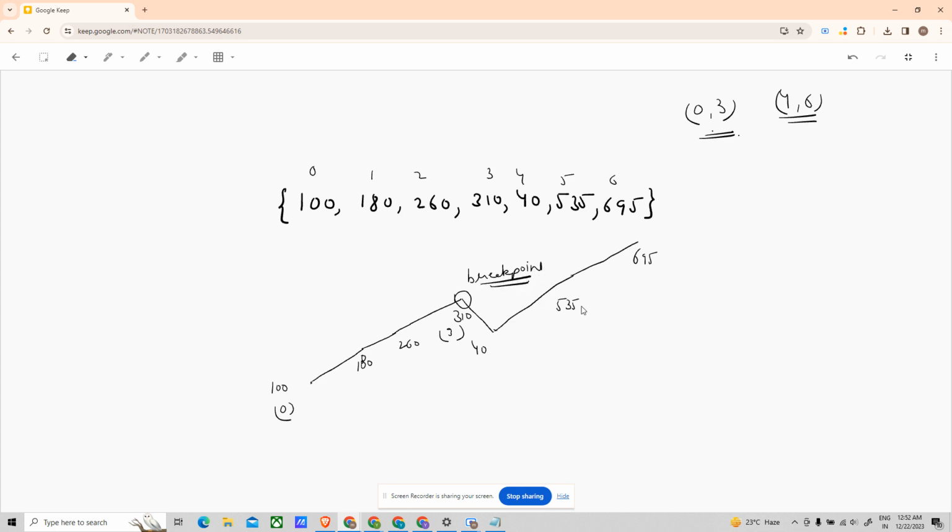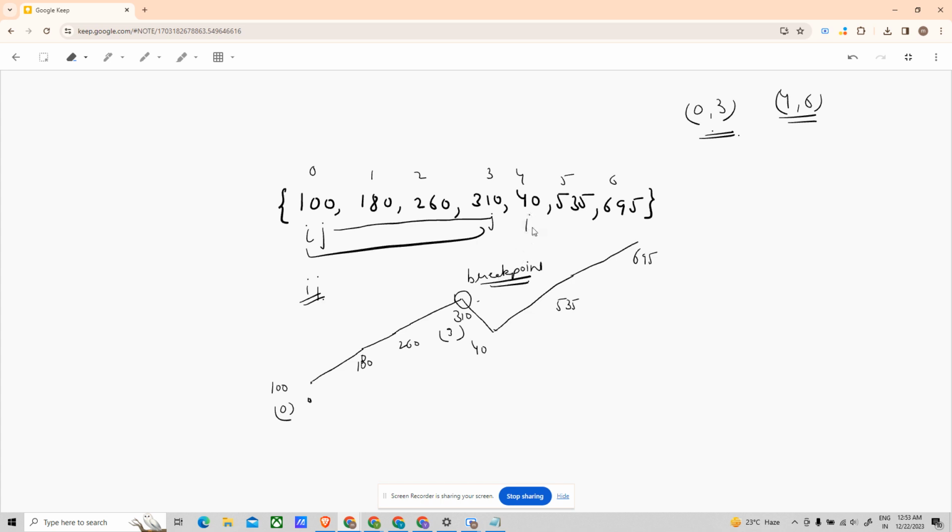So what does it say? Whenever there is a breakpoint, that is, going from upwards to downwards, we have to create a segment from the thing we have here pointed at. So I say keep a pointer i here and j here, keep iterating until we encounter a breakpoint. When we encounter a breakpoint, give it a segment i, j,